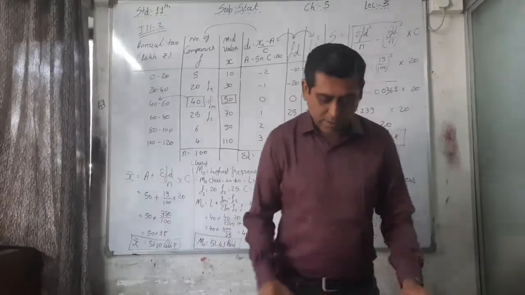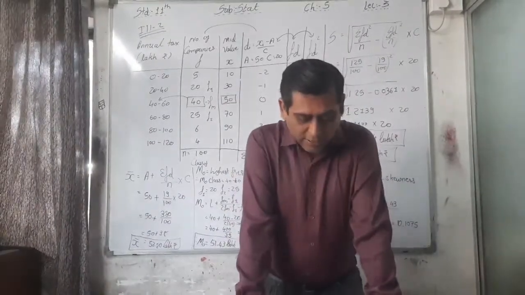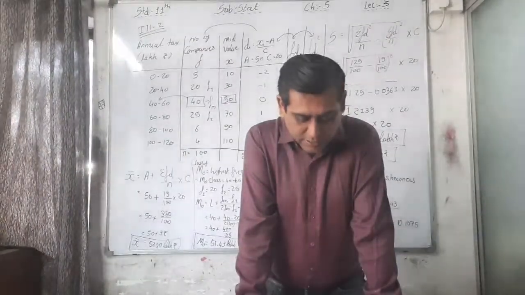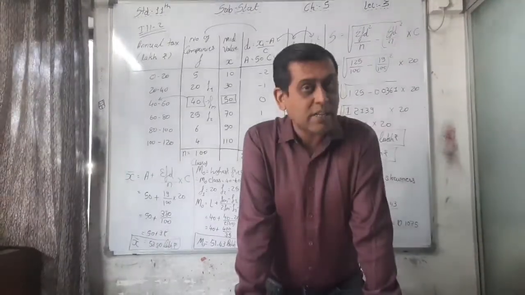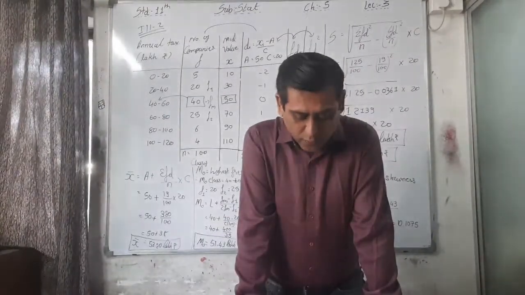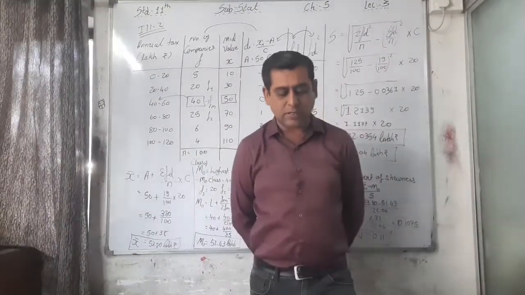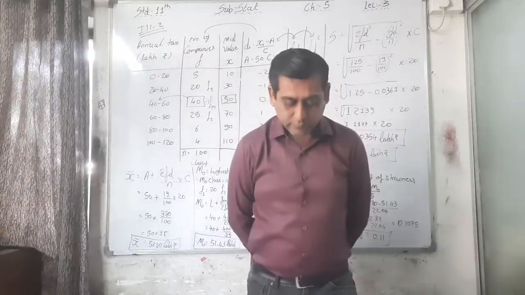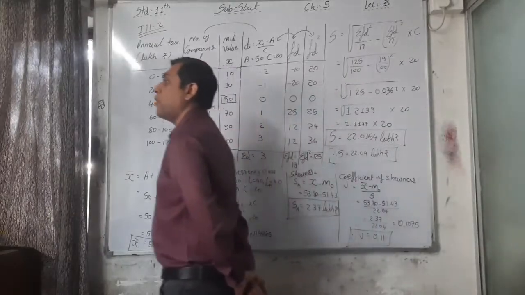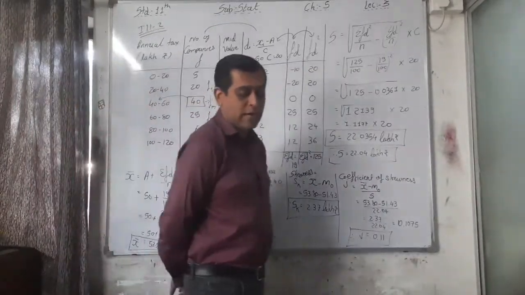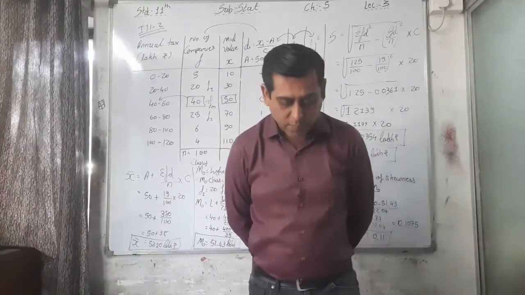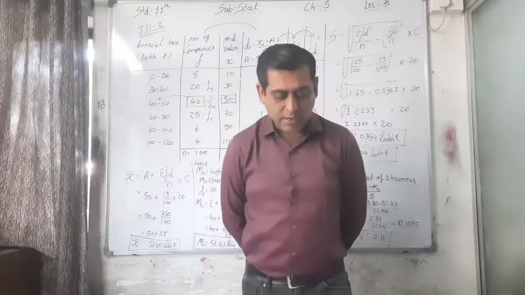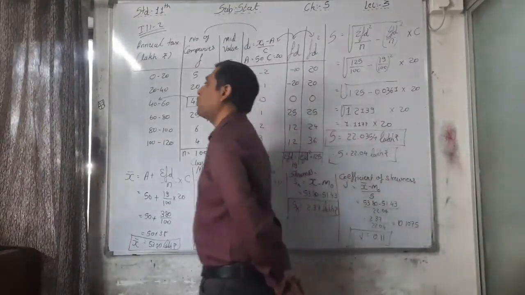Illustration number 3. A factory has 100 machines for production. The following data are obtained about rejected items during the production process. Find the skewness and its coefficient using the Karl Pearson method from these data. Again, this is continuous group data, and it is the inclusive type of data. The classes 11 to 20, 21 to 30, 31 to 40 are given as the number of rejected items, and the number of machines, that is the frequency, is also given.